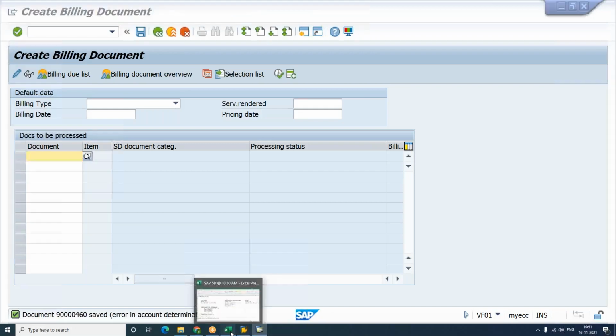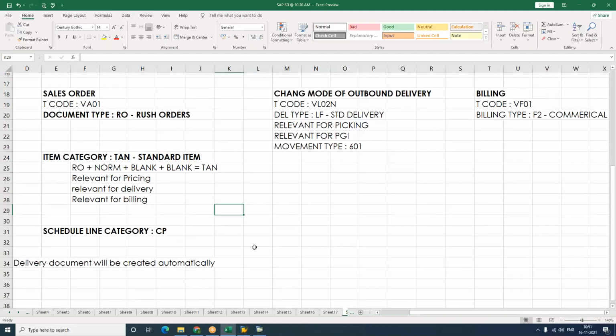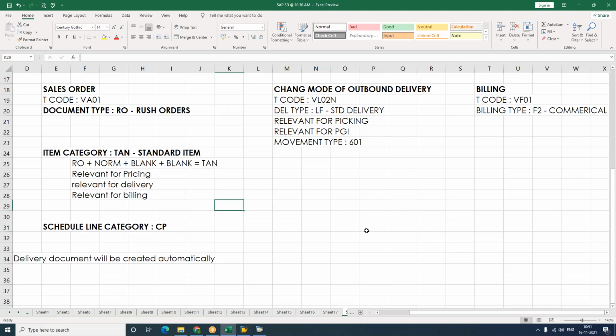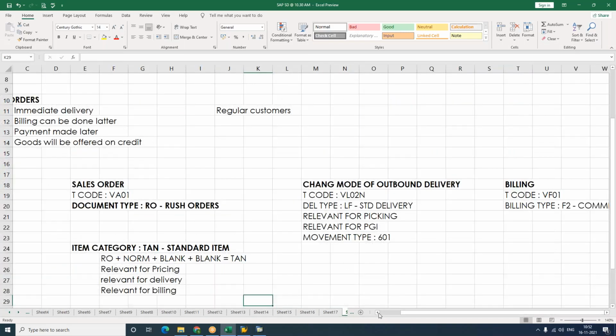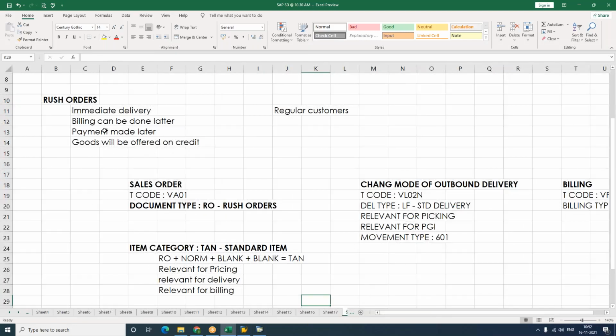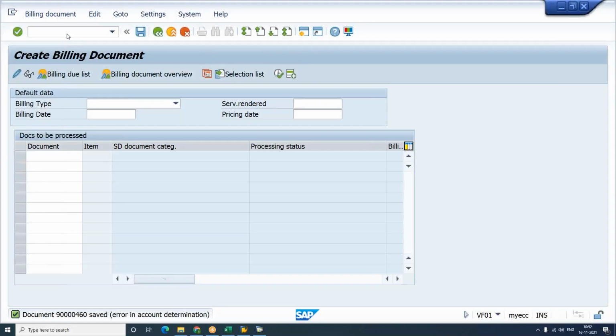So only one thing you need to keep in mind, whenever you're trying to work out with these rush orders, is the concept of immediate delivery. Billing can be done later and payment can be made later by the customer. So I'm just trying to show you the settings maintained for this. So if you basically get into VOV8 transaction code,